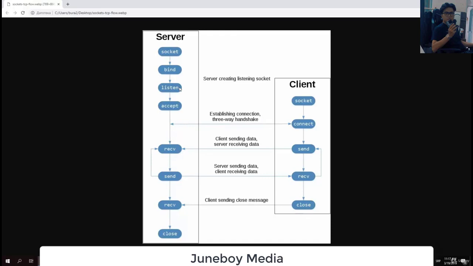Then we wait for the target to execute our program, and then we get the interpreter shell back. Just in this case, we will not get the interpreter shell back, we will get the shell that we create. As we can see, as soon as the target executes this connect function, we will be accepting the connection and establishing a connection via three-way handshake, and then we will be able to send and receive commands as long